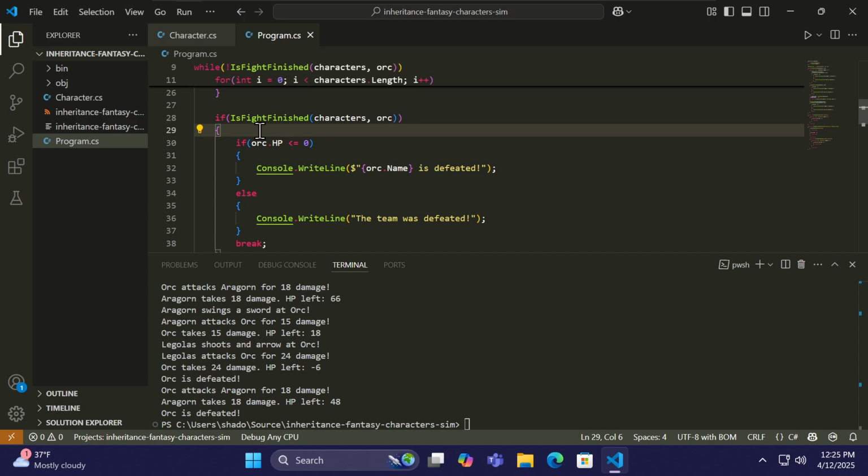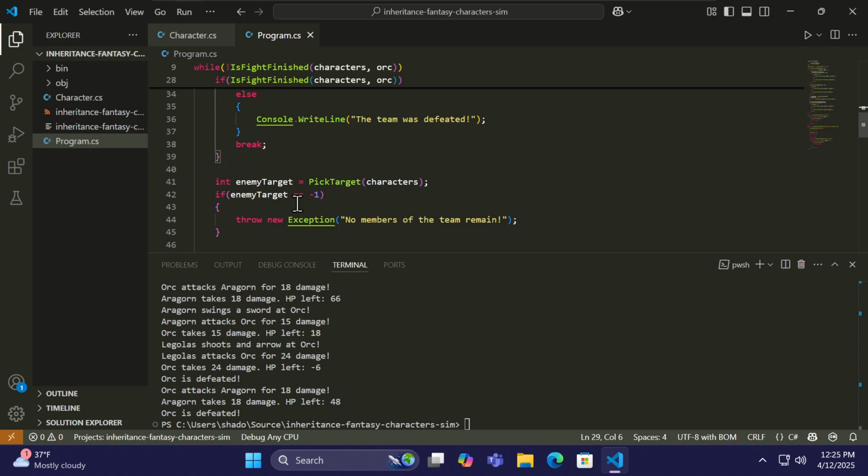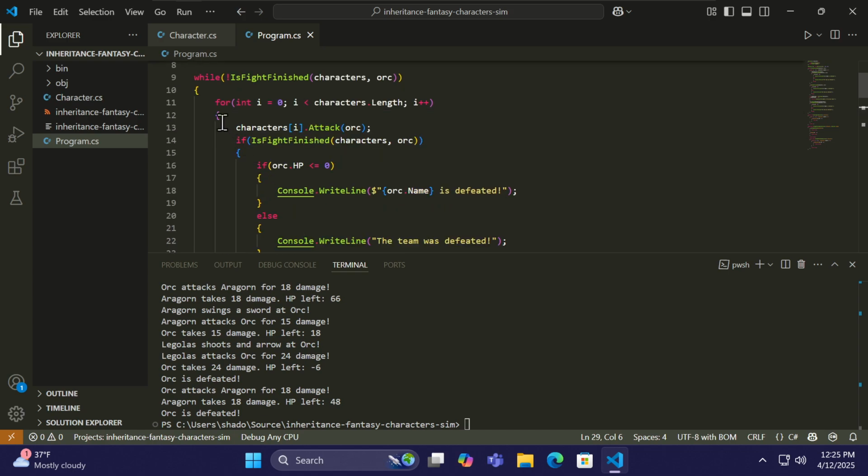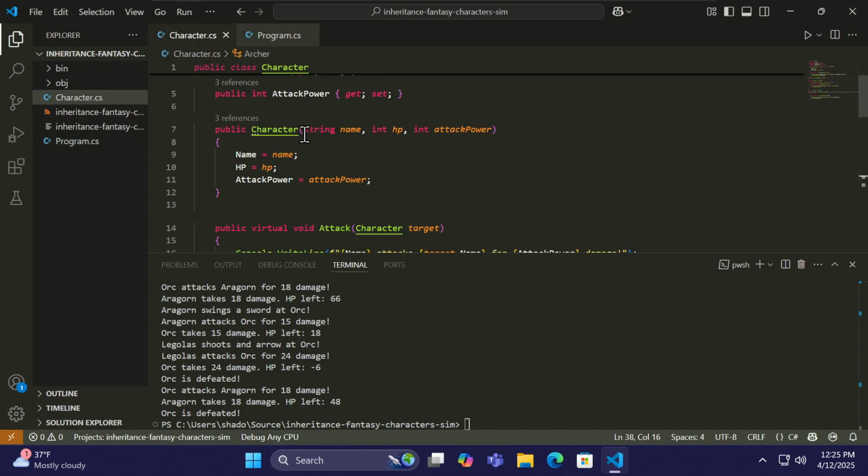Yeah, maybe a is fight finished bool, or maybe a display end of fight that returns true if it succeeded, something like that. I'm not going to do that for now. We're going to continue on, but could do that if I wanted to. So yeah, let's see. Let's add